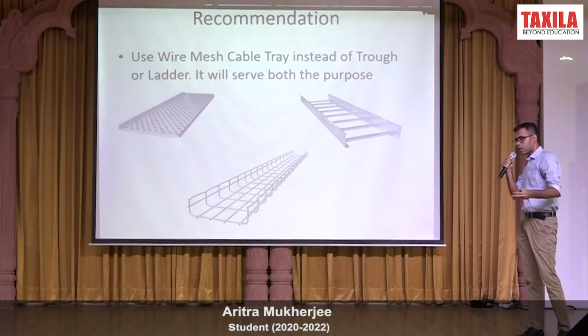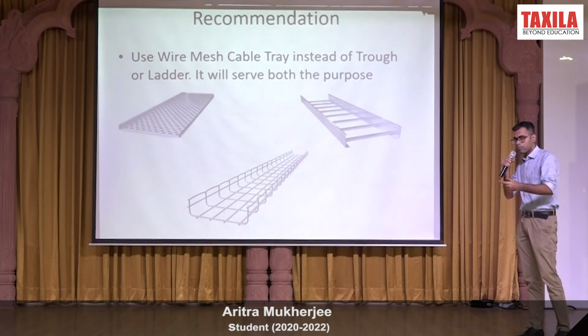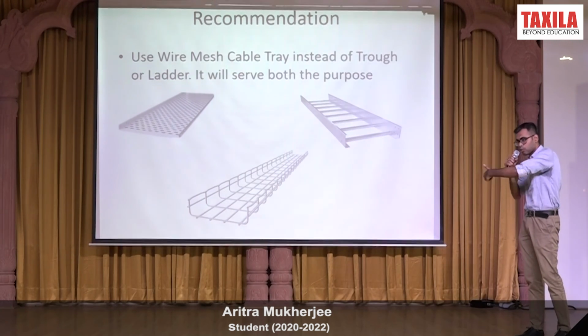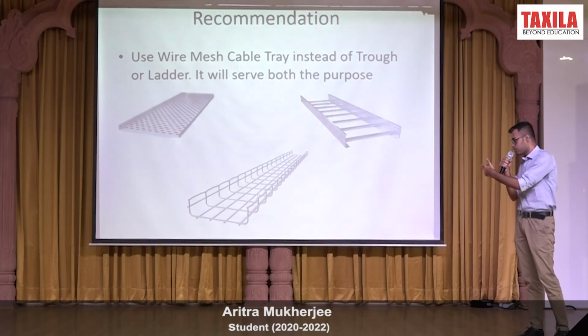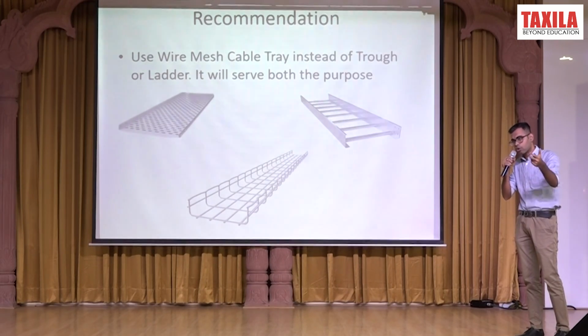One problem is that the length of this type of cable tray is lesser than the straw type, but if you are manufacturing, you can manufacture it like that only, so it will work. My recommendation was that, if required, use this wire mesh cable tray instead of straw or ladder. It will solve both problems. But one problem is that the cost price is slightly more, but if the demand is more, then the unit of selling will also be more. In that case, the total benefit will be adjusted and you will get more benefit. So that was my work.